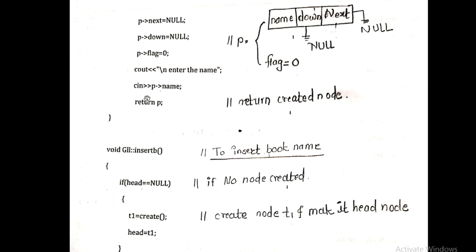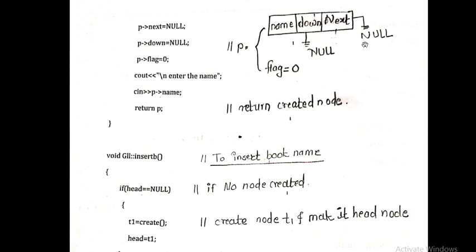So every time we insert any node, it will call the create function, and then that node will get assigned over there. We return our created node by using return P. So P is the node that we have created, right? Initially its structure is like this. Actually the flag should also be included over there, but to avoid confusion I have not included the flag. There are a total of 4 fields including the flag, okay? I have written the flag outside to avoid some confusion, right?